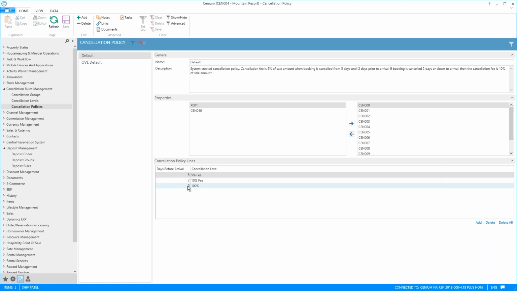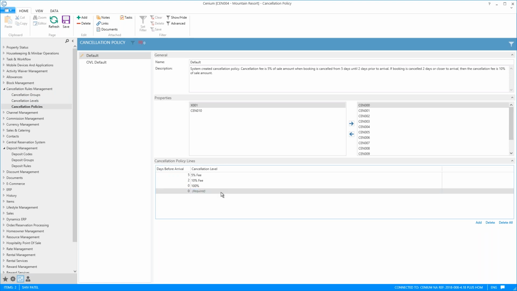However, we have a 0 at 100%. So if they cancel on the day of arrival, they will be charged 100% of the total booking. And that's what that says here. So you build cancellation levels and you apply them to your separate cancellation policies. So if we wanted to add maybe a first night to